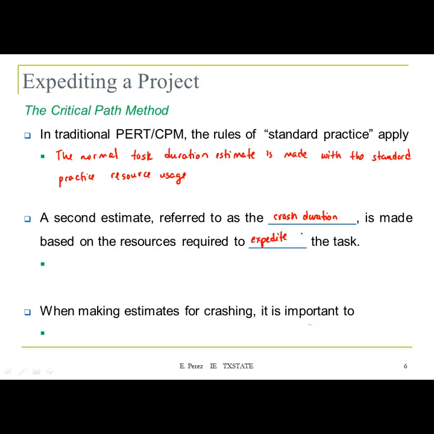So more resources of the type already used might be added. So we are trying to expedite these activities. We're going to add more resources. When you're making the estimates for crashing or for reducing these completion times, it is important to make sure